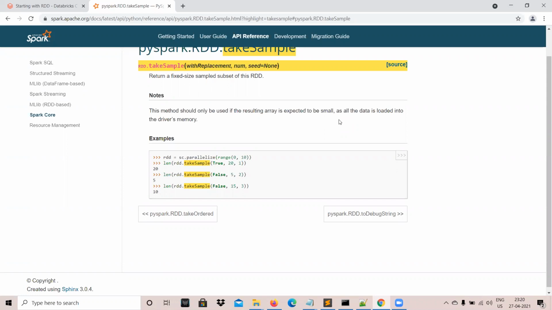So why am I talking about this? Take the other example, the collect function. Collect function does a similar thing, but it doesn't take any parameter for how many records to collect. If you call rdd.collect and your RDD is a billion records distributed across 20 machines, the moment you call rdd.collect, the entire data gets converted to a single standalone Python collection. Again, same story: that single large collection should reside in a single machine's memory because it's now a standalone collection. It's not an RDD anymore.